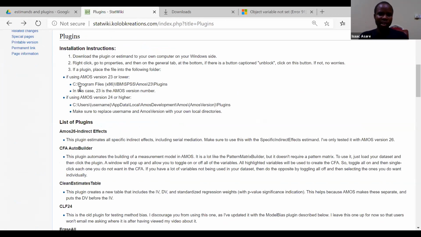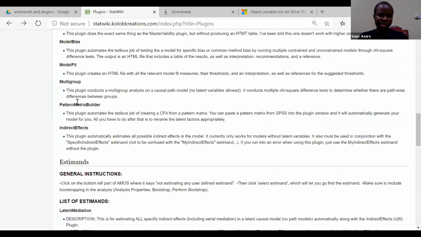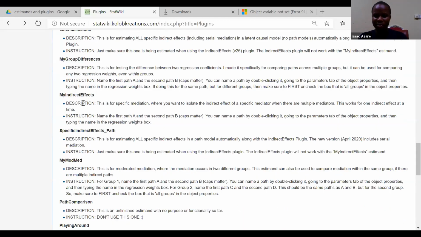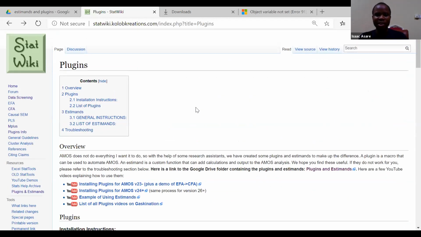Okay, so it has the approach for how you can download it, and what each of the estimates does. It has also been provided for you to use for your analysis. Okay, so that is that. If there is a question, you can bring it on board. If there is no question, then I think we are done when it comes to